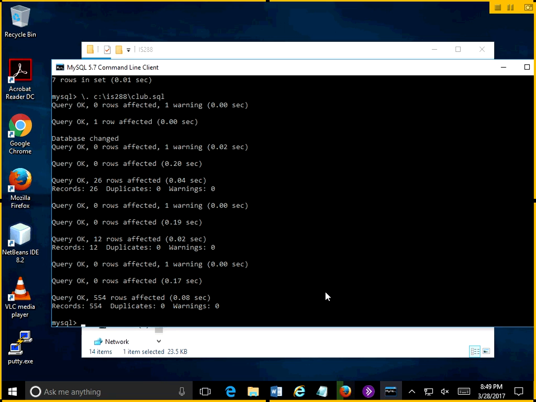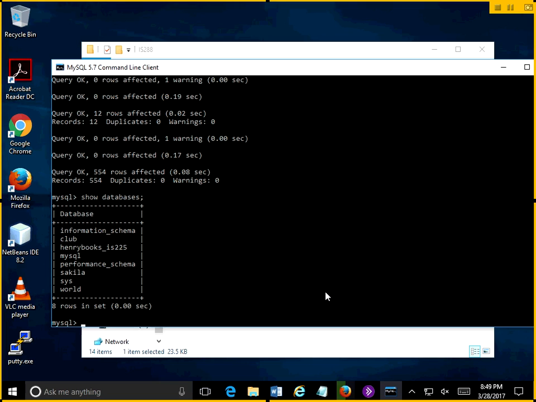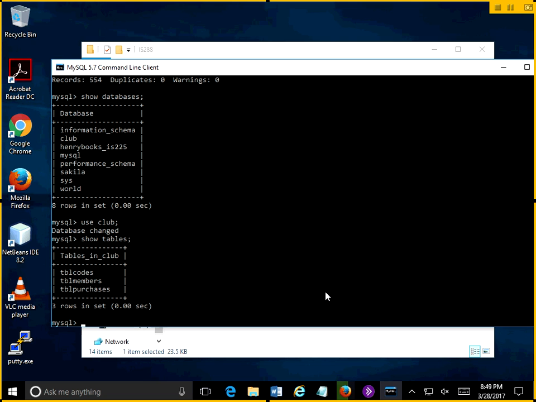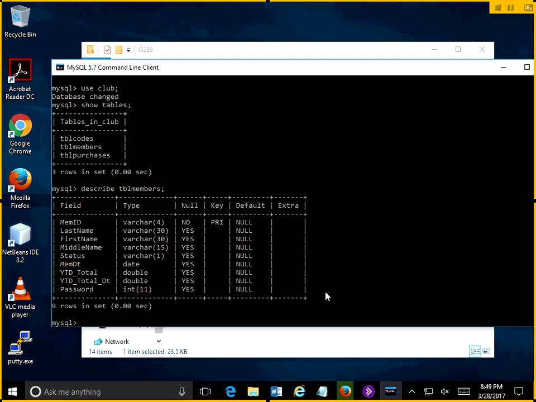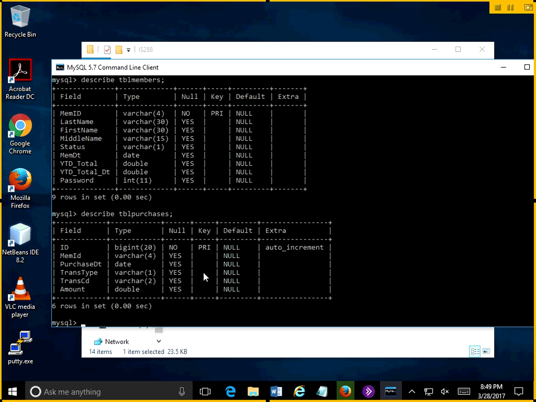All right, so now if we show tables, or excuse me, show databases, we have the club database, and if we use club and show tables, we've got those 3 tables: codes, members, and purchases. So you can then describe the various tables. So if we describe TBL members, we see the data layout,